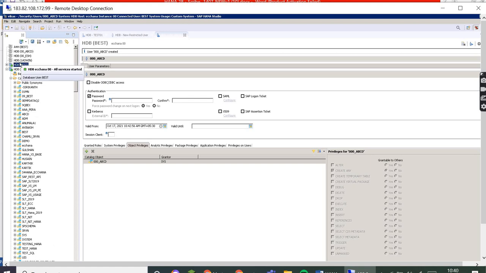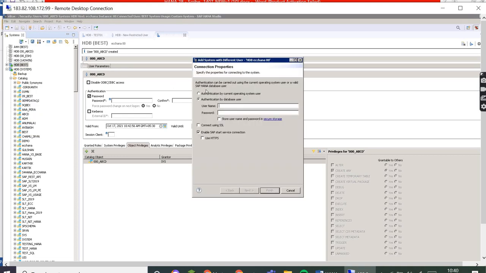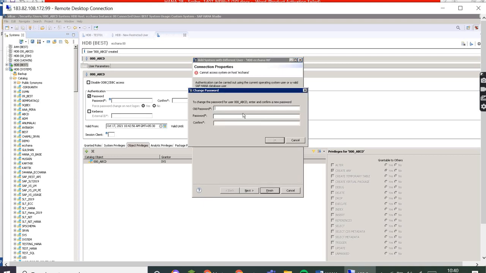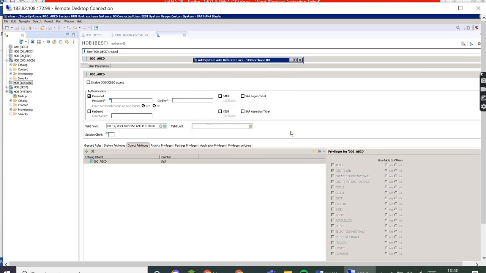So maybe if you log in with different users, just as an example 000_ABCD and hello 12, welcome 12. Okay, so if you see, ABCD is there, and if you open that content folder, you can find he has access for 000 ABCD. So whenever he is creating any object, it will be saved into his schema.